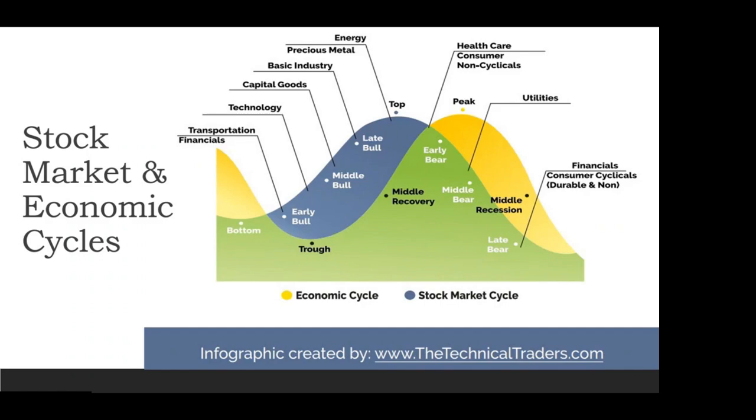And can you all hazard a guess again, which is more leading? That means which one is ahead of the other? Is it the economic cycle or the stock market cycle? Just to test you on how to read the chart, which one is leading, or which one can actually predict better, or is more forward looking? Economic or stock market cycle? Anyone? Okay. The answer is the stock market cycle, because this is the chart that starts first,